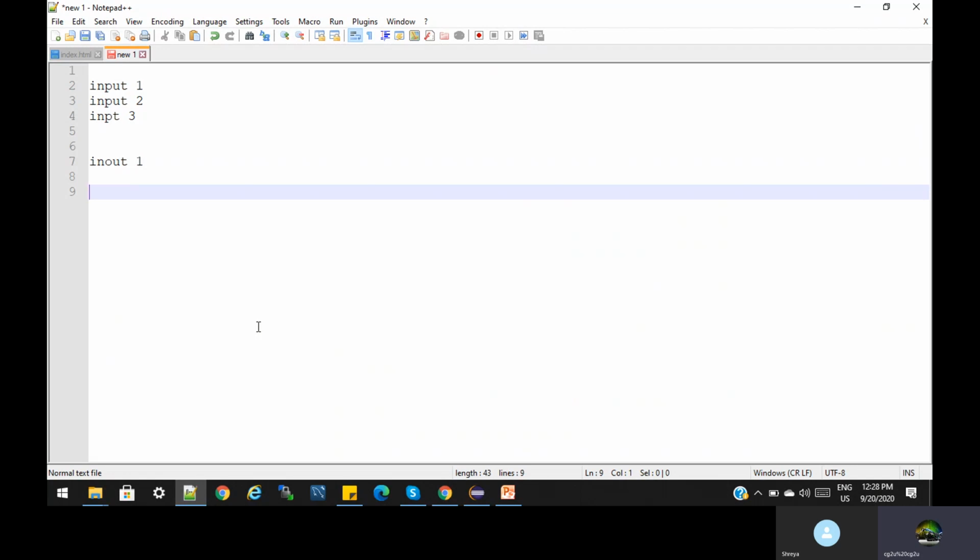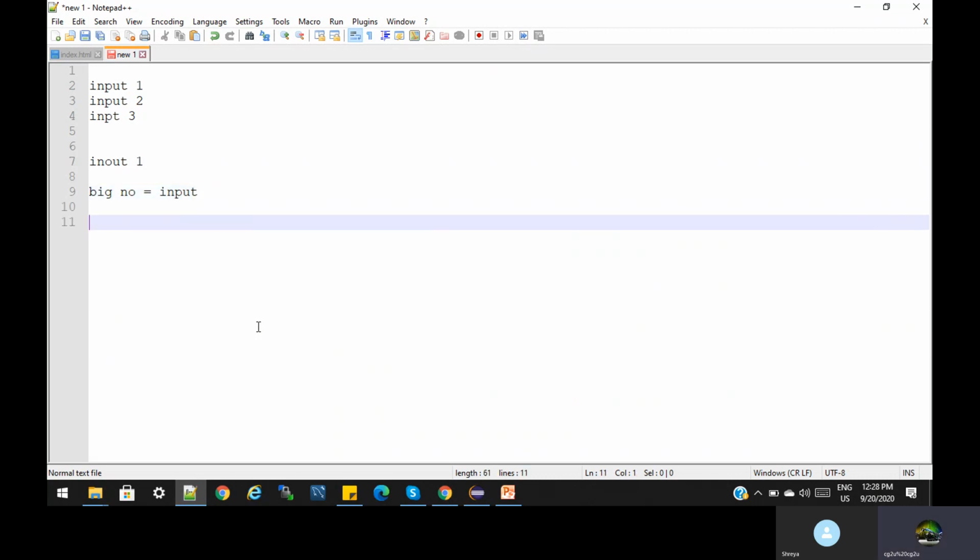So what is the question? What do we have to do? We take one variable, big number, and assign to it the input we are getting, input 1. We already consider it as the big number.